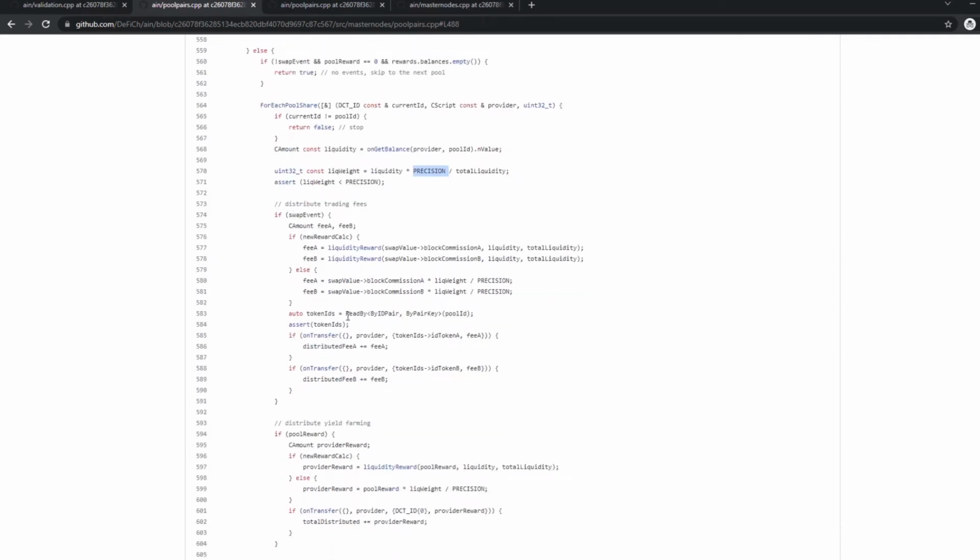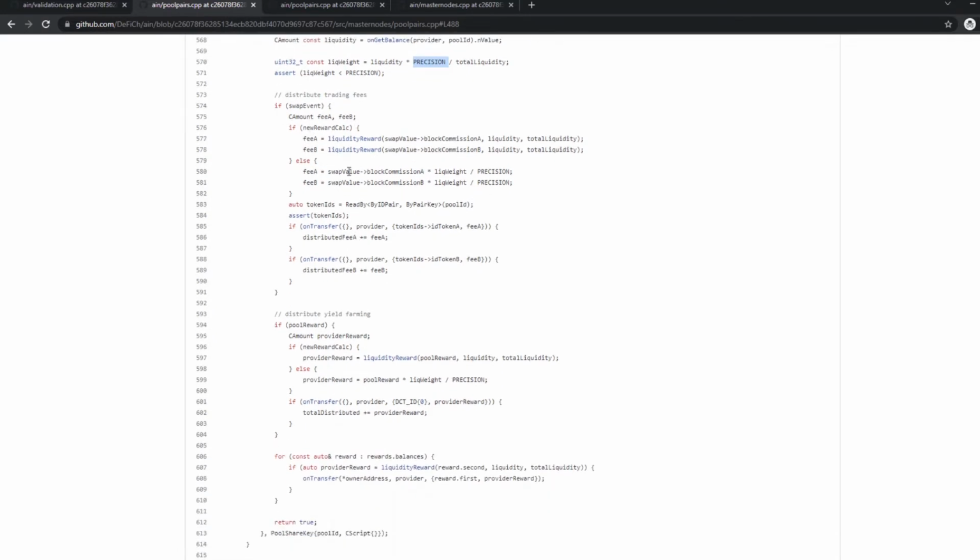So then we have the calculation if there was a swap event of the liquidity of the commission rewards. So here you already see new reward logic, new reward calculation, sorry. That was the first update. The old reward calculation is with the position. We say, okay, first we calculate how much weight we have in this pool, and then we scale it up by 10,000 so that we prevent floating point operations,